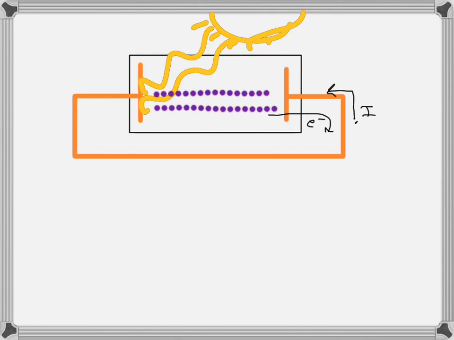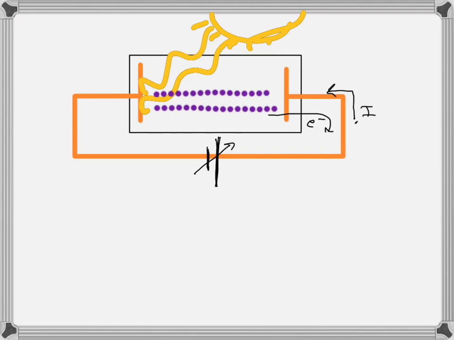Okay, so that is the photoelectric effect, and then we can do experiments on the photoelectric effect by adding a variable voltage source, which might look something like that. There we go. So that allows us to measure what's called the stopping potential. Okay, so here's